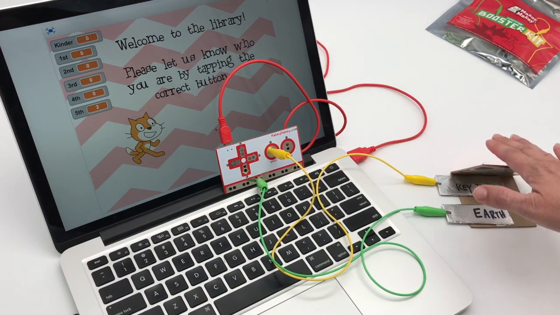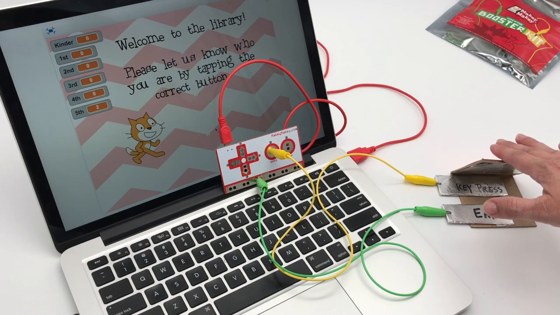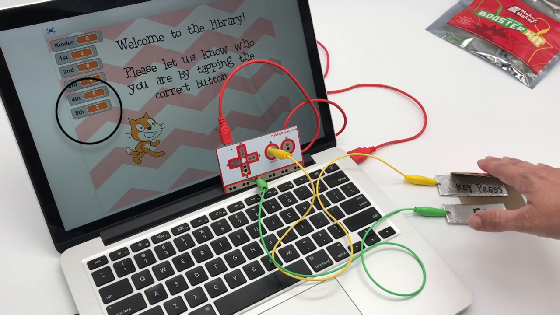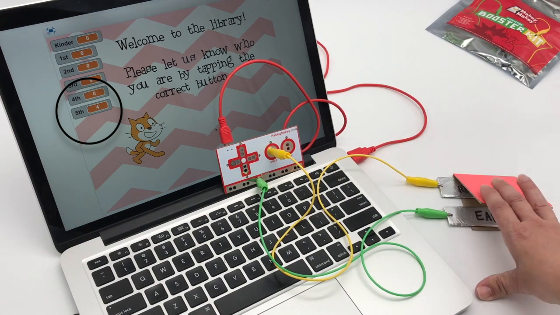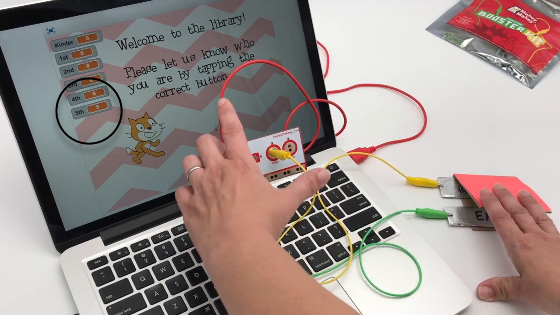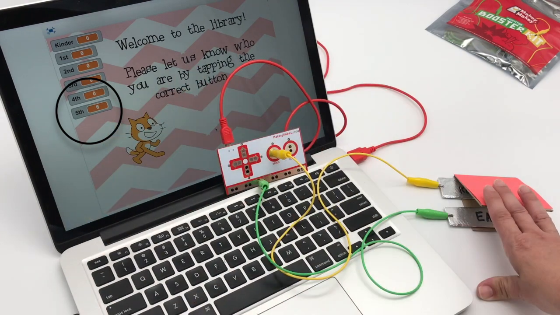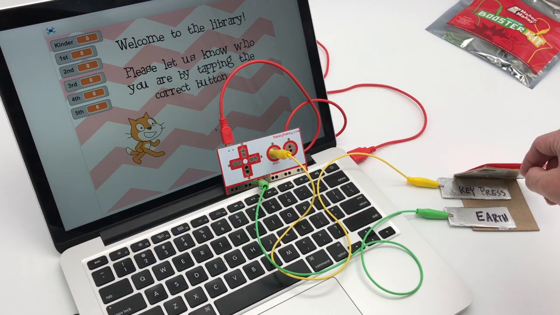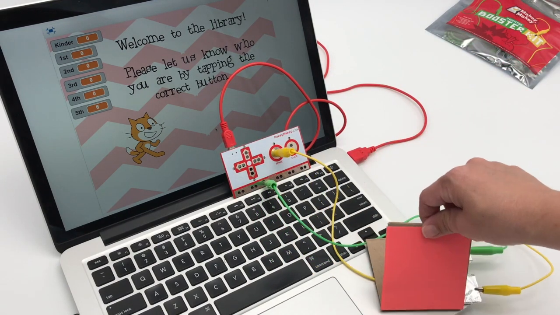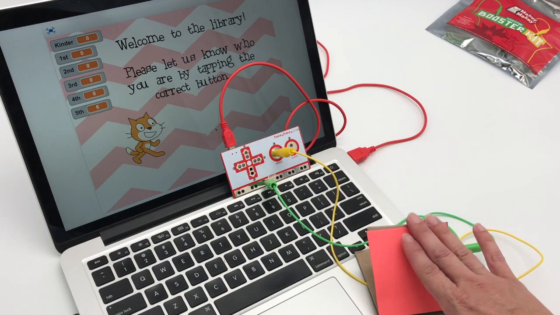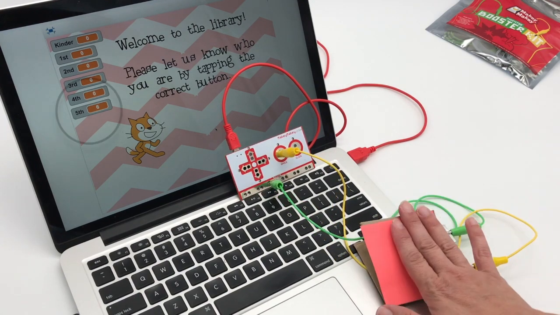But what I'm really doing is I've made a switch so that every time a student slaps the switch, it will make a connection and the Makey will count that key press. You can see space is going off and the numbers increase from 5 to 6 here. But ideally, I'm going to want to have this set up where the kids aren't going to see my switch. They're going to see this post-it note and it's going to have a 5 on it. And they're just going to come in, and when they come in the library, they're going to tap it and